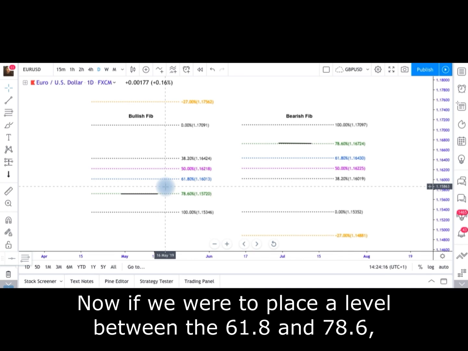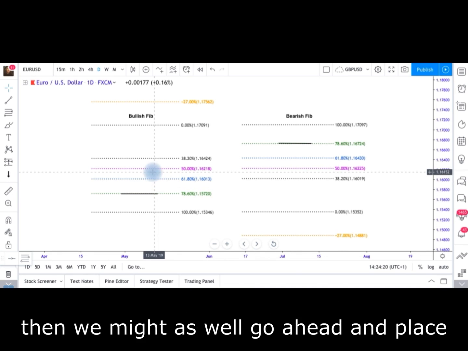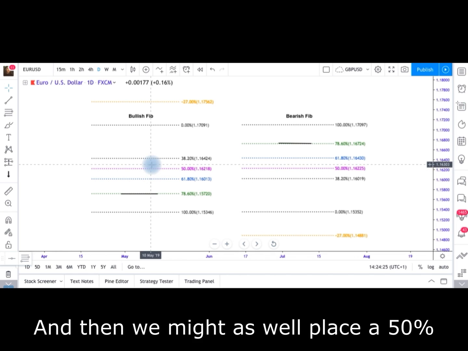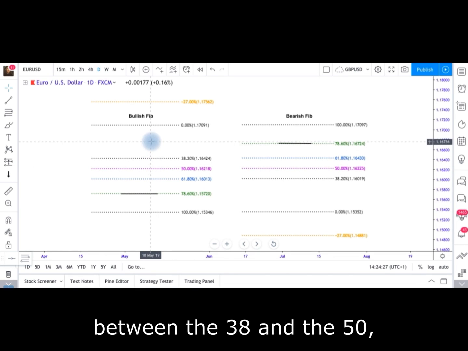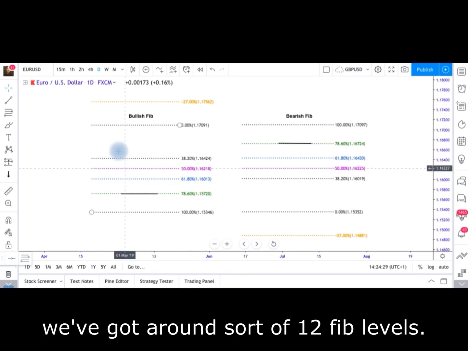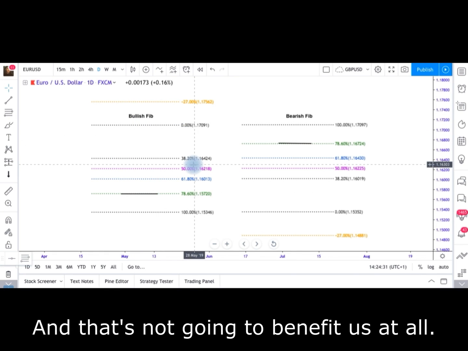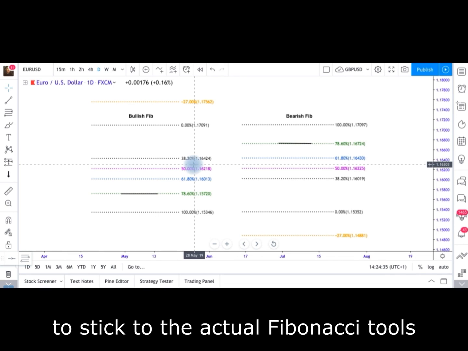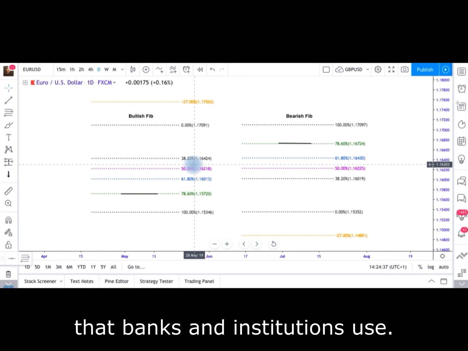Now, if we were to place a level between the 61.8 and the 78.6, then we may as well go ahead and place a level between the 50 and the 61.8. And then we may as well place one between the 38 and the 50, and place one between here. Before we know it, we've got around 12 fib levels, and that's not going to benefit us at all. So it's in our best interest to stick to the actual Fibonacci tools that banks and